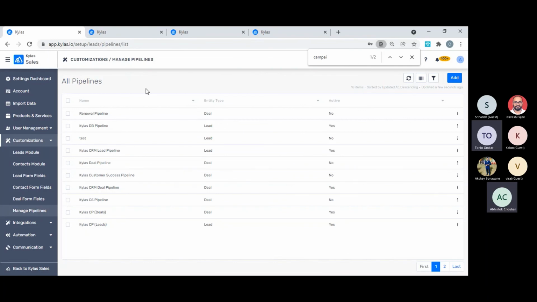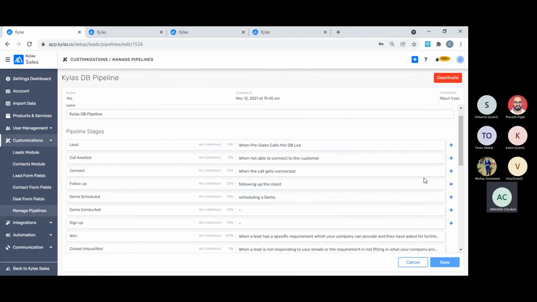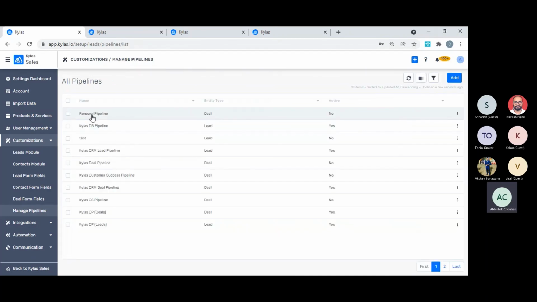Yeah, I got your point. Throughout a journey, a lead goes through different hands. They work in different teams, and each has its own process. Once a process is completed, the lead is reassigned to a different team, which starts a different process. But first of all, we cannot create a sub pipeline in Keras. There is only one pipeline for lead and one for deal. You can create multiple pipelines, but they are not under a pipeline. It's an entirely different pipeline itself.